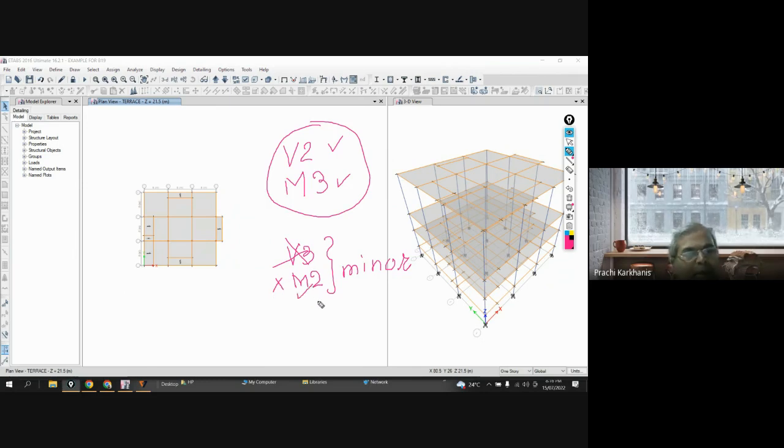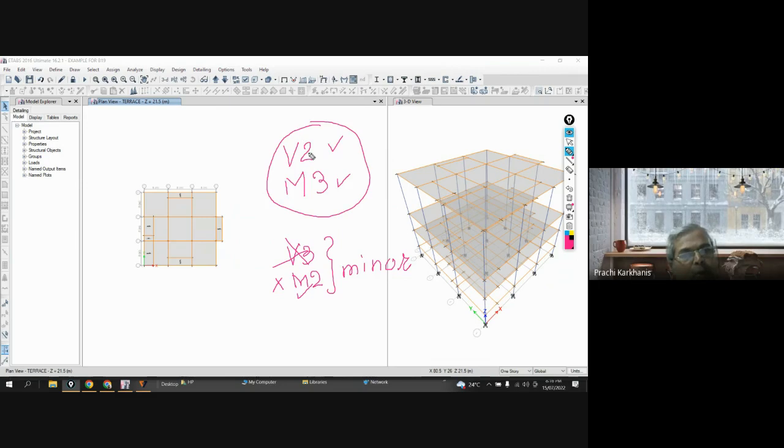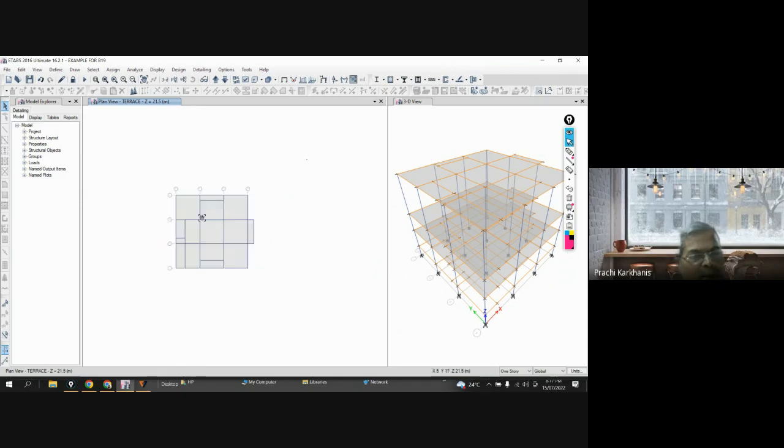So we'll see the column diagram separately. For beam, you have to consider direction V2 and M3. Now let us see the bending moment diagram so that you will understand the concept more clearly. Let us consider